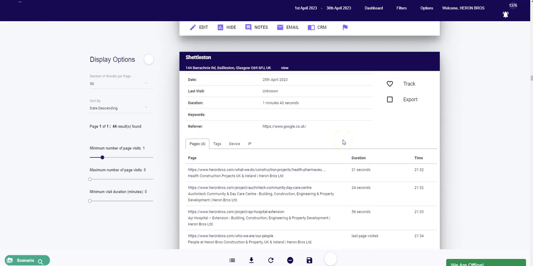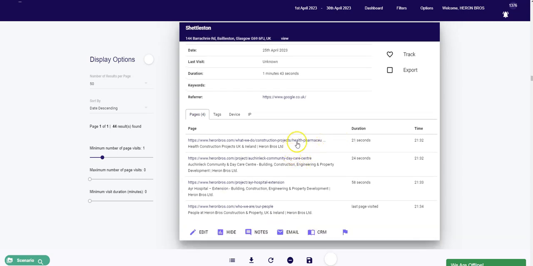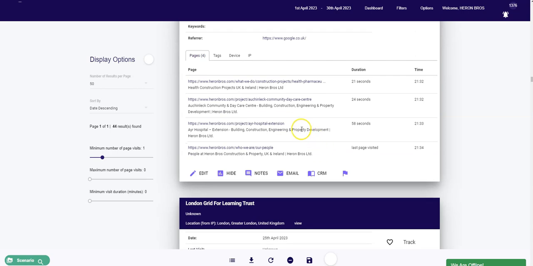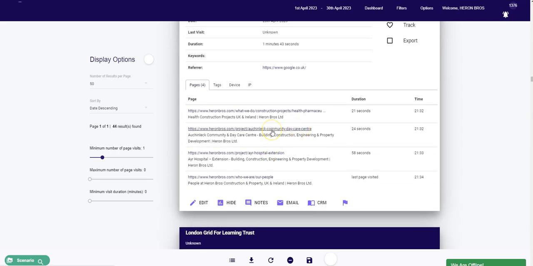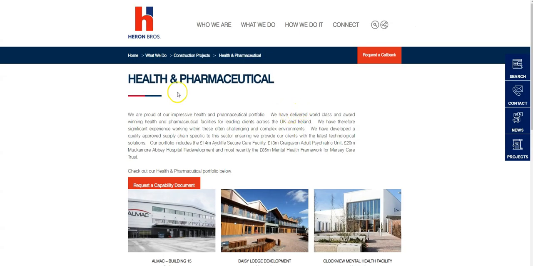It's also useful to have more case studies available than people can immediately see on the page they're on. Looking at this example here, this visitor went to a certain page. They're interested in health construction projects, and they clicked through to a particular page. Then they went to look at another project, and then they want to find out more about the company, and that's usually a good sign. So if we looked at this page they looked at here, that's the page they're on,